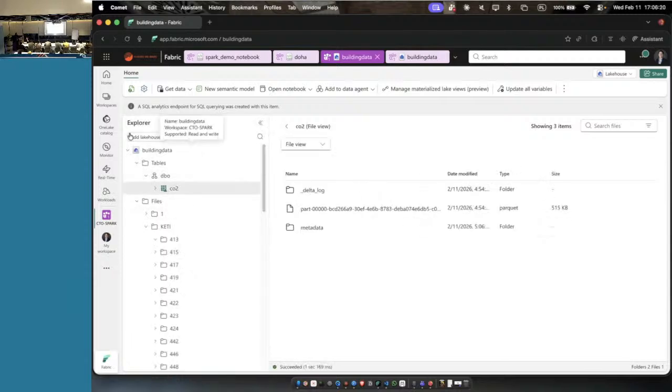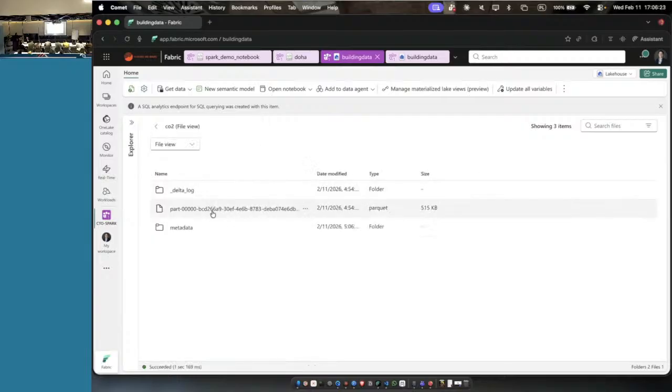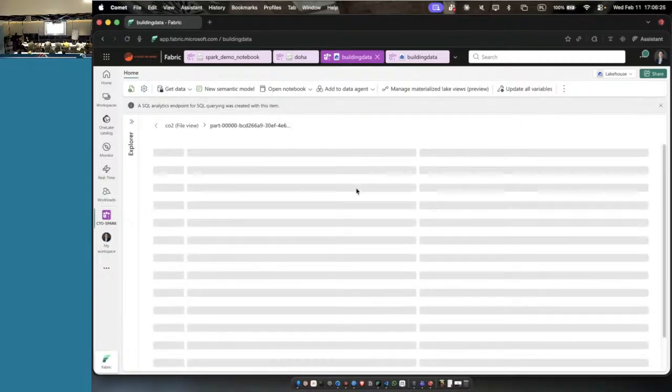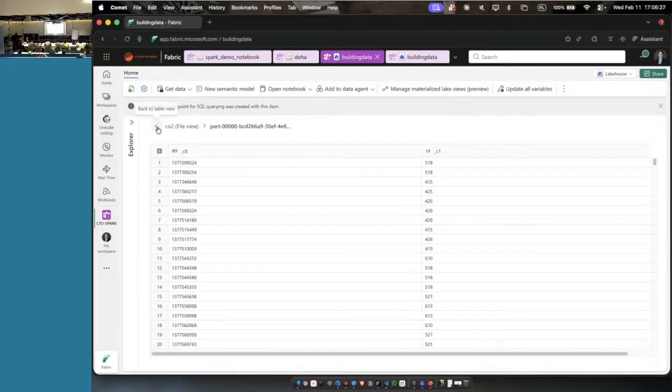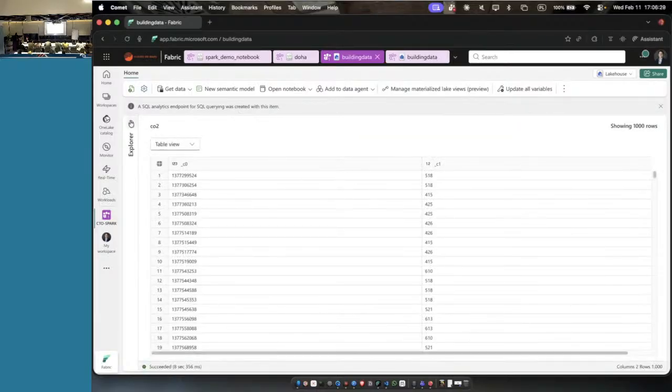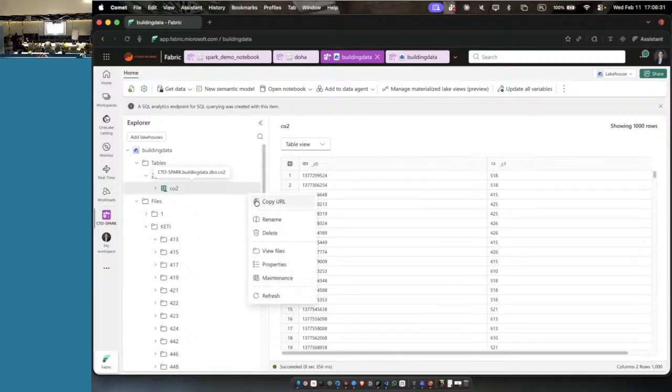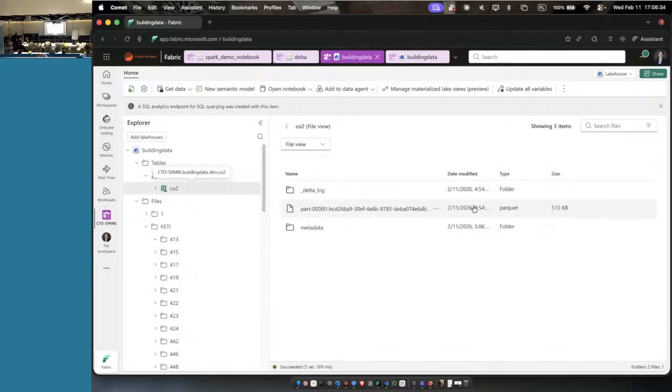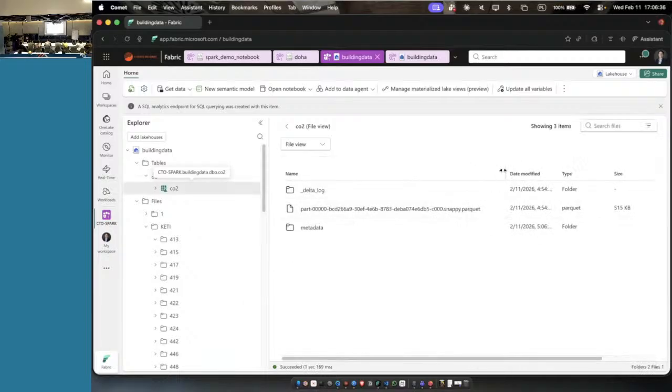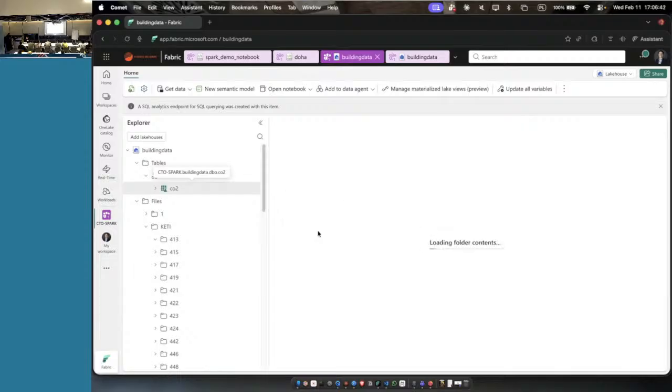Behind the table, I'm getting Parquet files. As we discussed previously, one more way. So here, because the data is very small, I have just one Parquet file. On top of the Parquet file, I'm getting the folder with metadata that is describing what's inside the Parquet files and what are the modifications that we did.